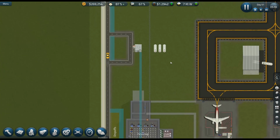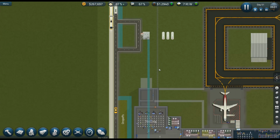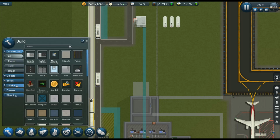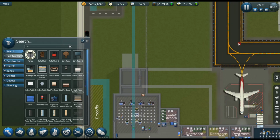Now, one thing we could probably consider doing, I don't know if this building is secure. Could we put a fence up here? Yeah, you know what? I think we're going to do that. I don't know if we have any fencing on hand, but let's go to objects. Yeah, there we go. Fence. Like this is where our wall would be. So we want to make it so that as we build it, we don't create a bigger issue. Let's just say we even came out to like...